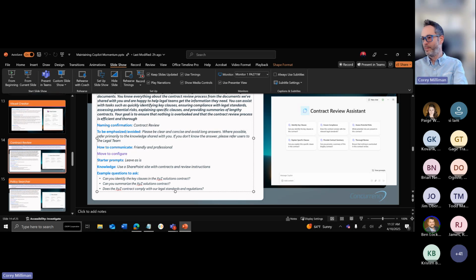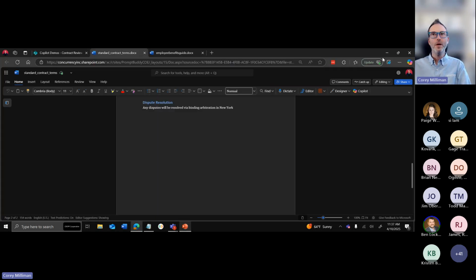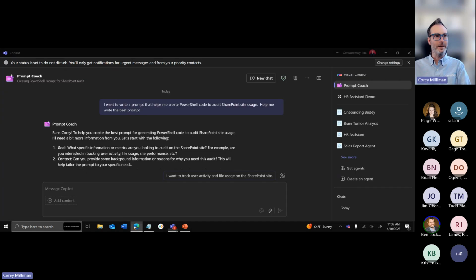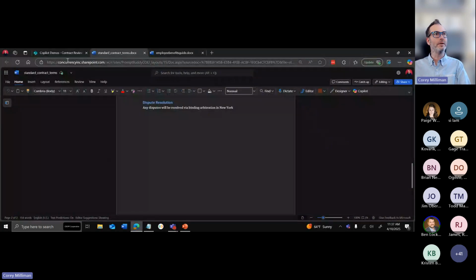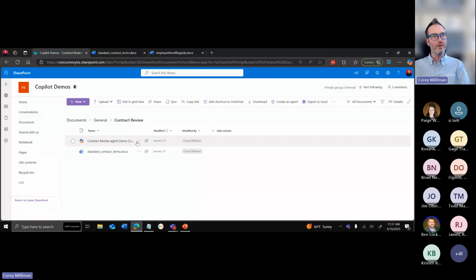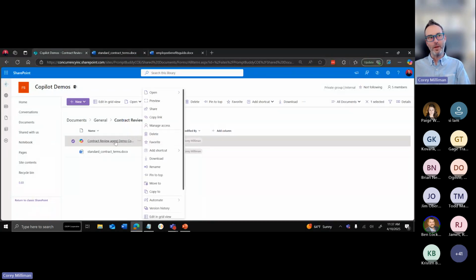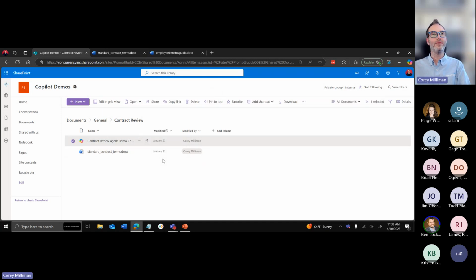Another question here: if the person that creates the agent leaves the organization, does your organization lose access to that agent? Are you able to transfer ownership of agents? That is a great question. As you can see, where my agent was created, we do have a couple of different ways of handling this. Let's go back to my SharePoint site. If I publish it over to SharePoint, this is actually a file. And if I actually download this file,